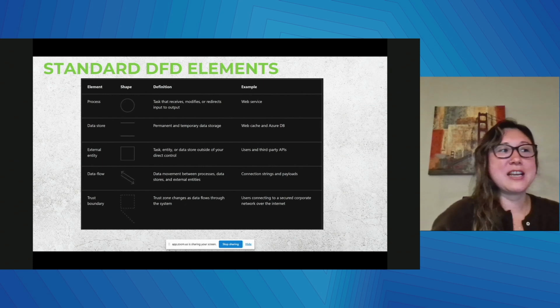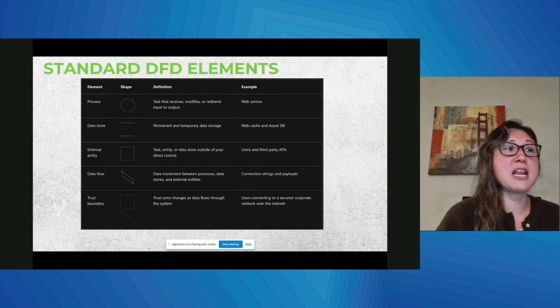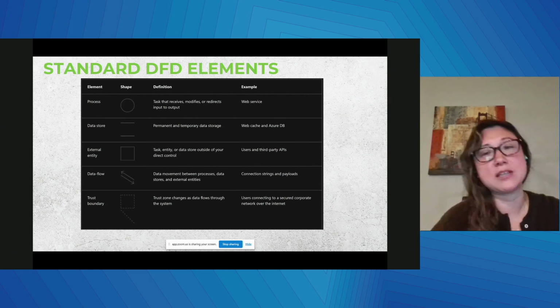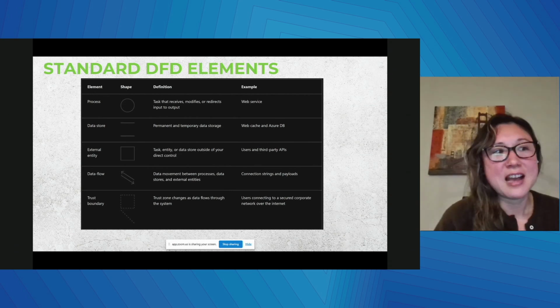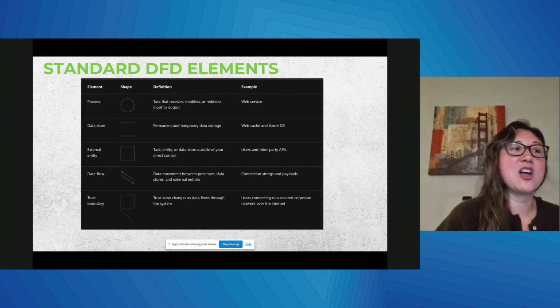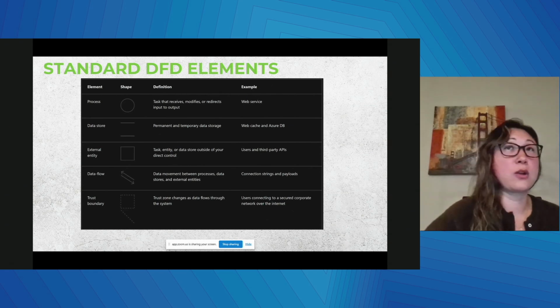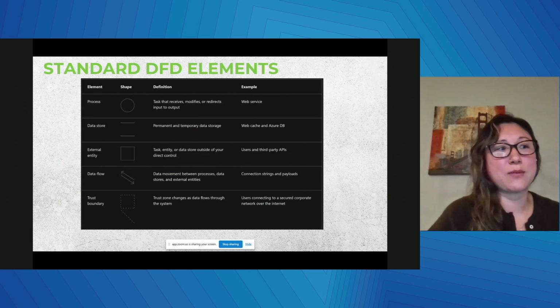All right, so data flow diagrams, this might be new, this might be something that you folks already know, but they're made up of shapes that create graphical representations of your system. Each shape represents a unique function, and each interaction is analyzed to help you identify potential threats and ways to reduce risk. So using these shapes in your diagrams the way that literally everyone else in the world uses them is also really important.